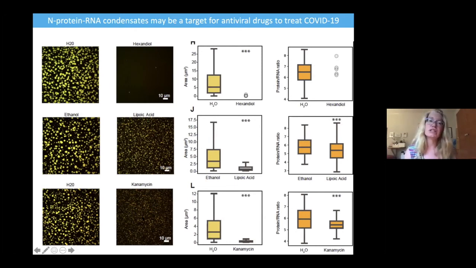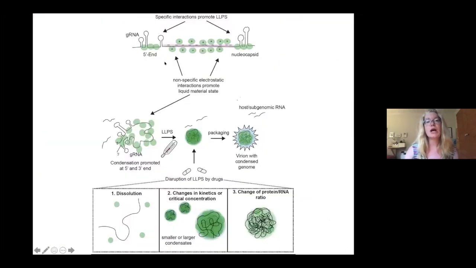So what we're interested in here is just showing that this could be a very easy phenotype to actually screen for small molecules that may impact nucleocapsid genome interaction processes. So I'll just conclude here with our model, and I should emphasize it's a working model, but the idea here